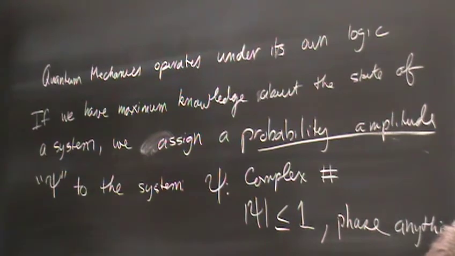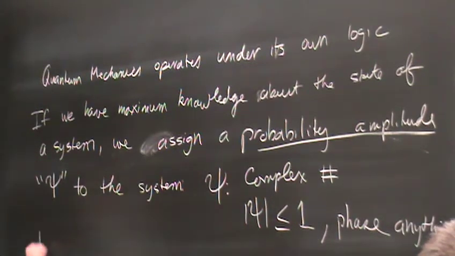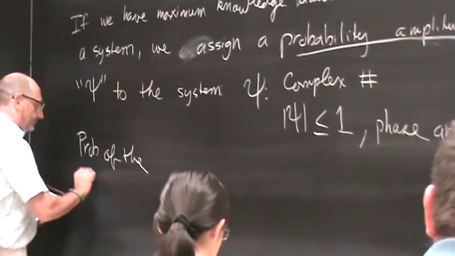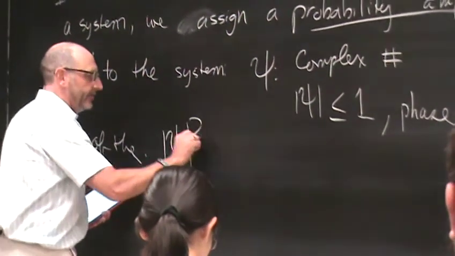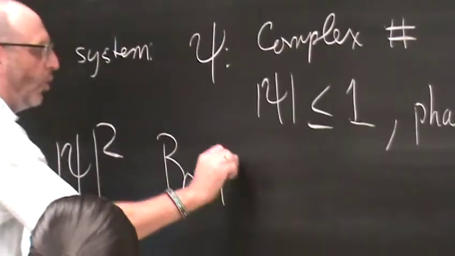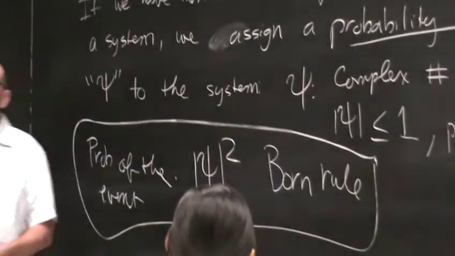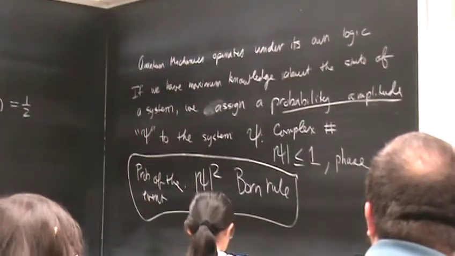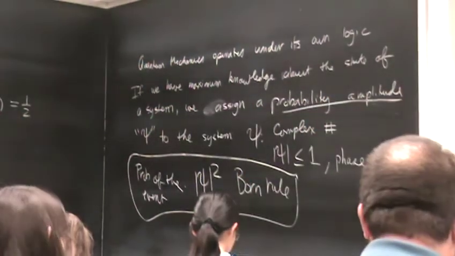And the rules of quantum mechanics say that if there is an event, we assign a probability amplitude to that event. The probability of the event is then given by the square of the amplitude. This is the so-called, the famous Born rule. And this is the whole story. So, the counterintuitive behavior that we see in the interferometer